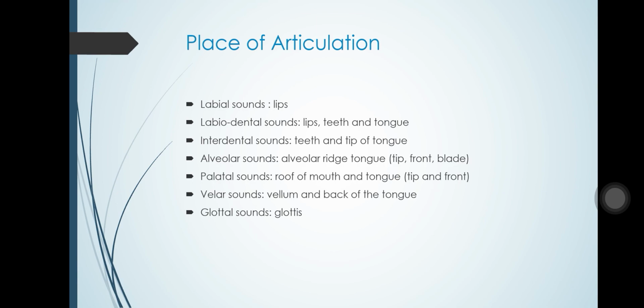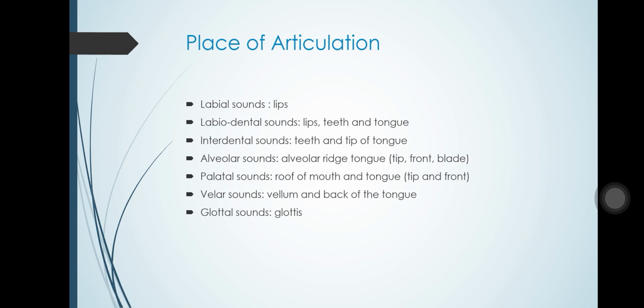And the last one is glottal sounds. It involves the glottis. Glottal sounds are sound productions that involve moving the vocal folds close together. English has a voiceless glottal fricative, spelled h. This sound is produced by keeping the vocal folds spread somewhat, resulting in a non-turbulent airflow through the glottis. So it is open, spread. The vocal folds are spread somewhat.